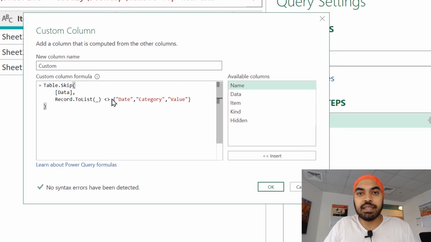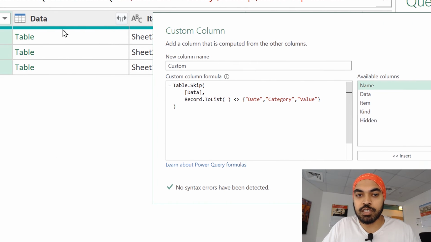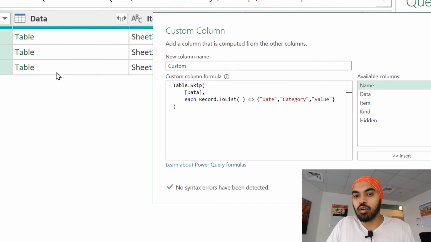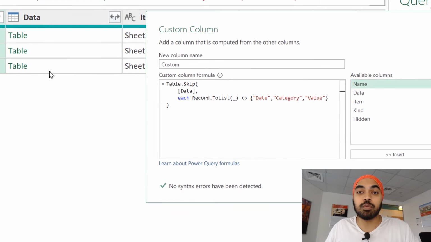All right. Now, the only thing that I'm missing in this particular formula is the each keyword, because I want to go in every single row of the first table, the second table, the third table. To be able to extract the entire record, I have to write the each keyword right here. I'm just going to say each first row, map it against this particular each, the second row, the third row, the fourth row, so on and so forth. Let's just see what do we get as an output.